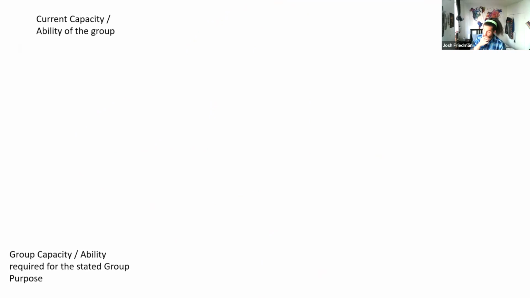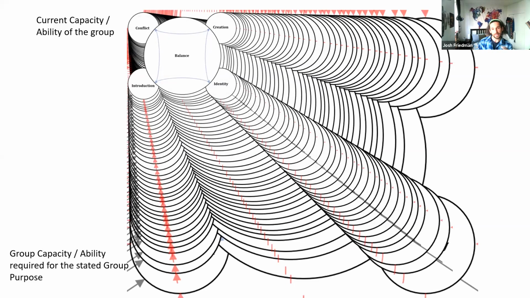All right, so given these, again, we go in this cycle, and it's not linear. It's not definite that you're going to go from one to the other, but I'm suggesting that that is the strongest structure for creating the outcomes we want to see, for increasing the capacities of our groups. So if we move in balanced ways from introduction to conflict, in other words, with norms, and we move from conflict to creation in a balanced way, in other words, with goals and roles clearly established, from creation to identity with meaning, not just said, but truly individualized, in other words, differentiated and then integrated, linked together.